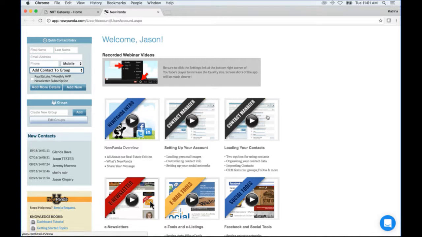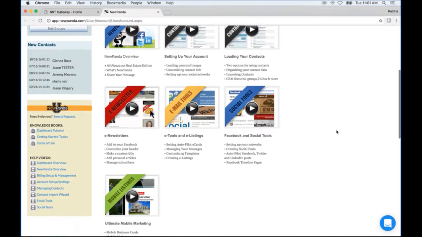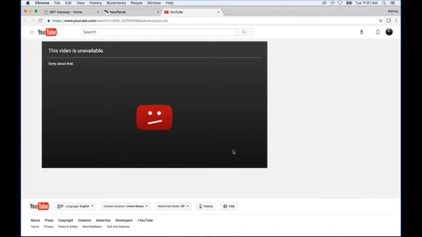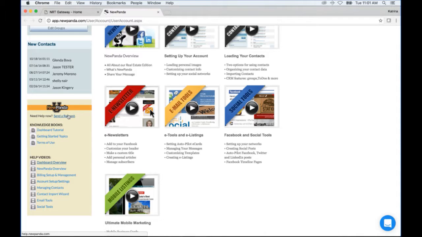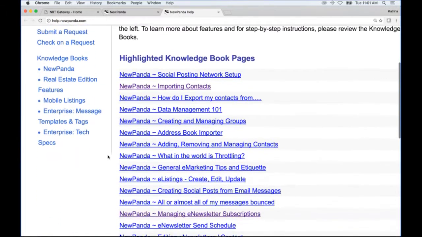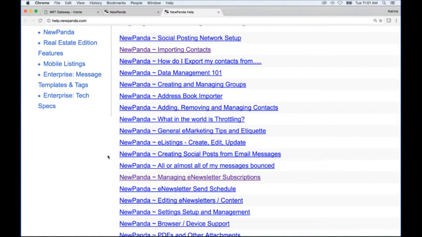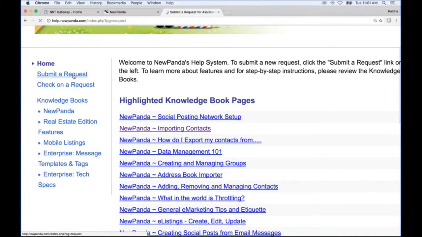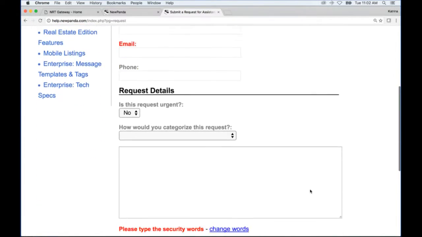If you scroll down here on the left hand side, we still have the New Panda University, which is really great. We've got all these wonderful videos, well, except for that one apparently. But you can also send a specific request. If you click send request, we've got a list. Here's a lot of stuff like, oh my gosh, I'm having problems managing my groups. Well, there's a New Panda video, creating and managing your groups. You've got knowledge books on this, but you can also submit a specific request where you type in the name,